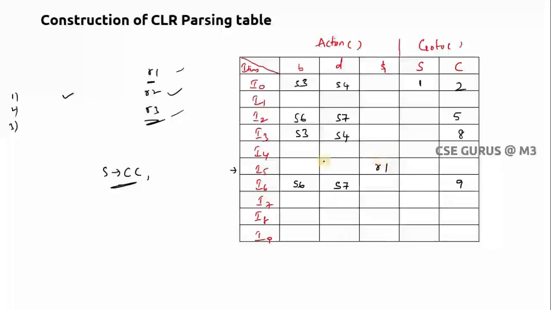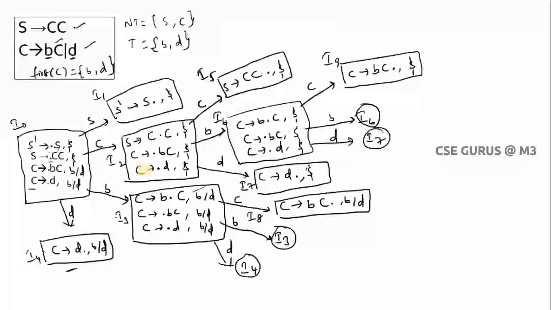Here directly you have to check it out. What is the look ahead for a particular production? That means where it is ending, S tends to CC dot. You need to check it out, and where is that dollar? And once again you can check it out: is there any other place where you are finding S tends to CC dot? Nowhere.